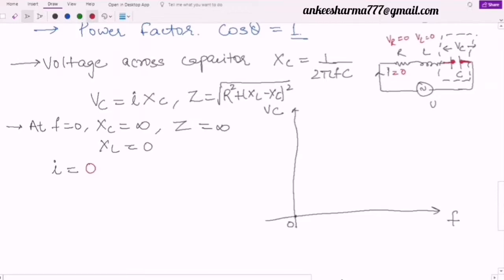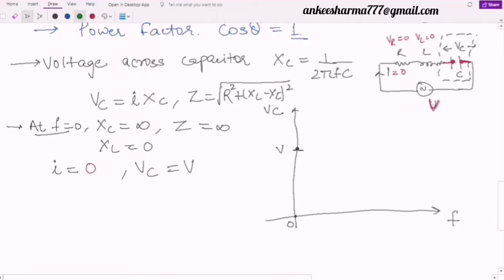अगर VL भी 0 होगा, it means सारी की सारी जो वोल्टेज V है आपकी, that will be there across this capacitor, which is what we have studied, किसकी चार्जिंग होती है। चार्जिंग होने के कारण सारी वोल्टेज जो V की थी वो यहाँ पर डेवलप हो जाएगी, and from here can I say that my VC is equal to V. VC will be equal to V. It means at zero frequency, when it is having the infinite impedance, our capacitor voltage will be equal to V. It means if I take a point over here, this point of V, this is my starting point for the capacitor voltage. Now let's try to increase this frequency.